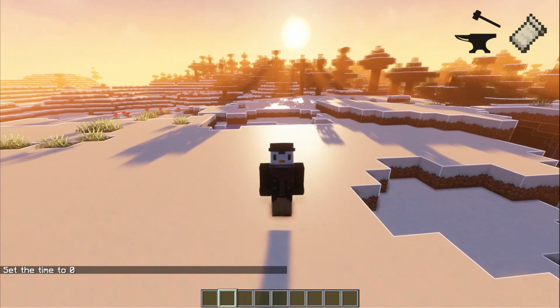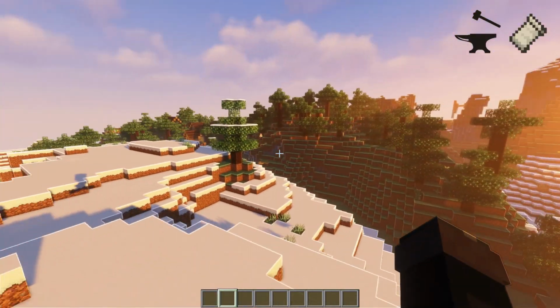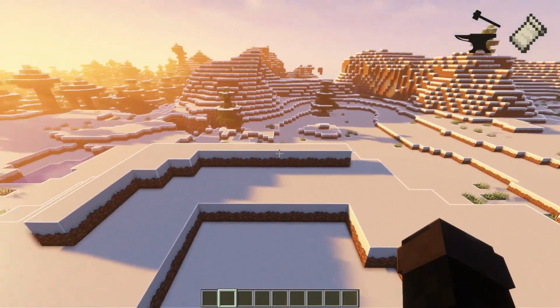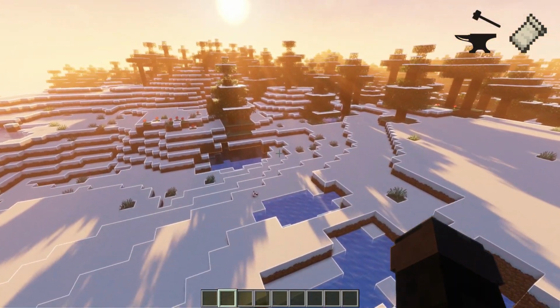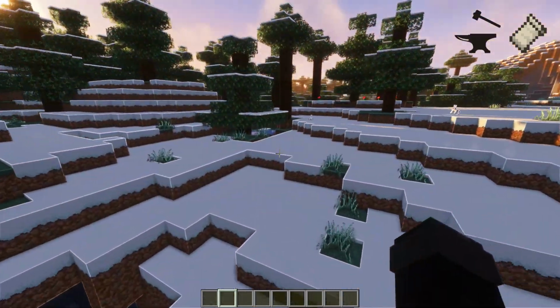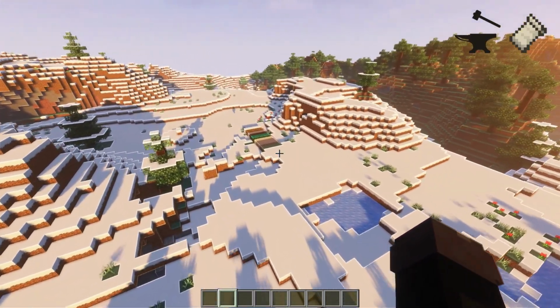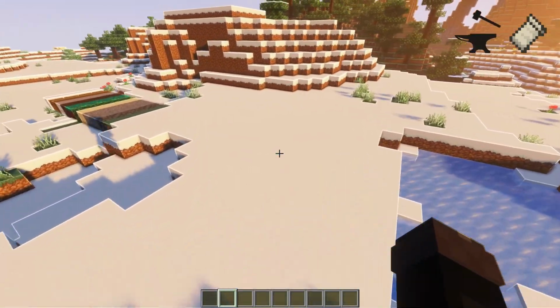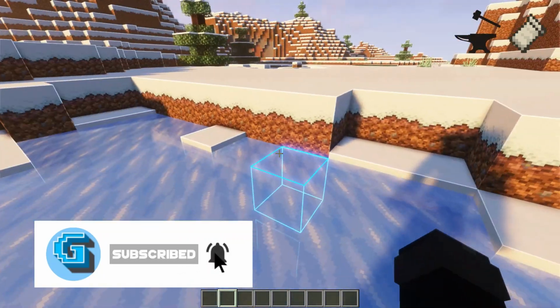Okay guys, the last mod on the list is called Presence Footsteps, as well as Presence Footsteps Forge. Presence Footsteps works from 1.14.4 to 1.17.1 at the time of making this video, while Presence Footsteps Forge only works in 1.16.5 at the time of making this video. It pretty much adds a bunch of new footstep sounds depending on what you're standing on. I noticed ice,